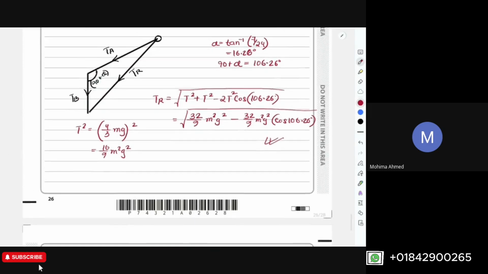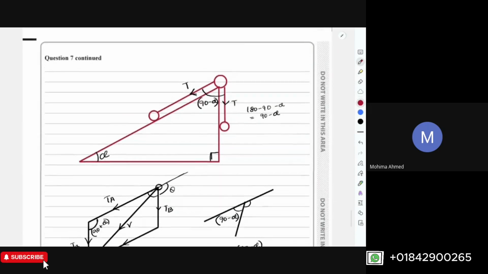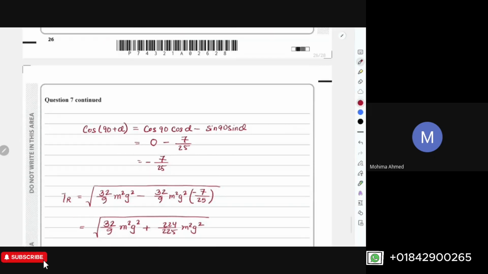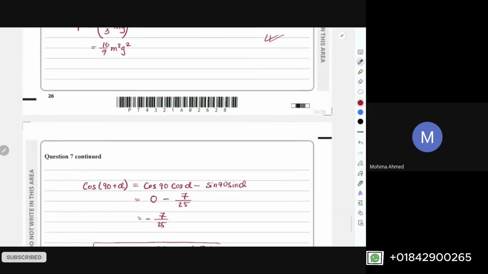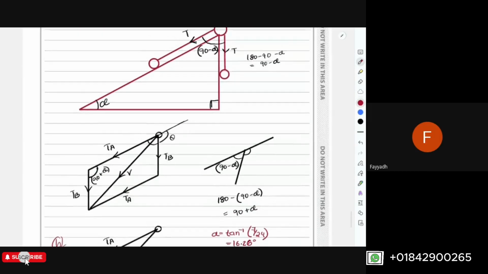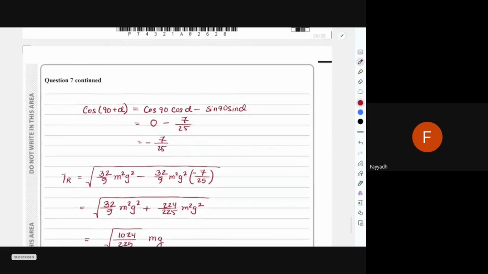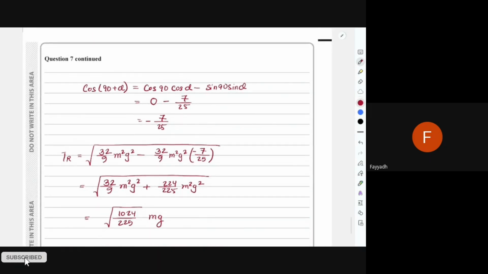Is this clear? Any problems so far for this part? This is C, I think, right? B. Is this clear? Fayad, Arif, Azri, any questions? No question, miss. Oh, okay. Then